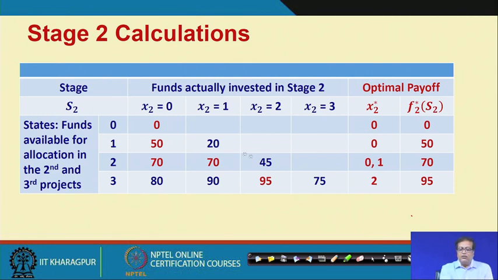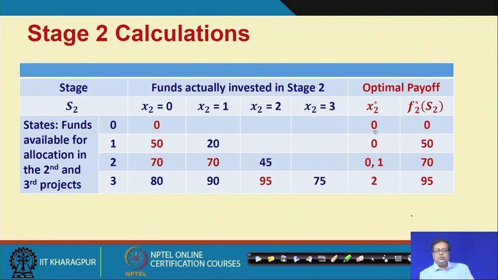So, 0, 20, 45 and 75. If these are the values, then you see if you have invested nothing, then the same 0, 50, 70, 80 which are optimal for the third stage, they will be put here. But if you put 1, then you get 20 and 0 from the third stage. If you invest 1 and the total fund available is 2, then 1 you invest in the third stage and you get 50, so 70. Like this, if you invest 1 and 2, then you get 90. What is that 90? 20 plus 70, that is 90. By these we make the calculations, and this time you see the optimal values are different.